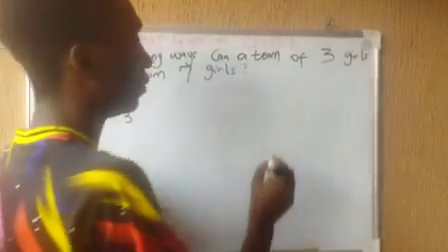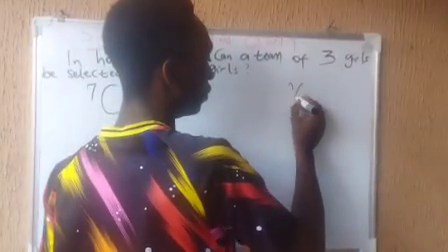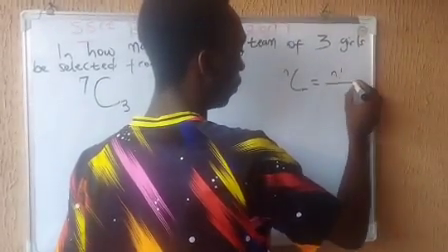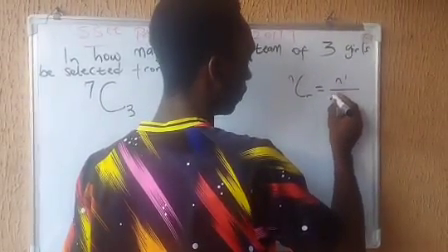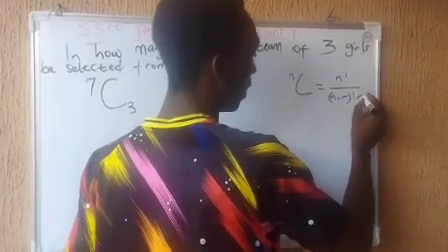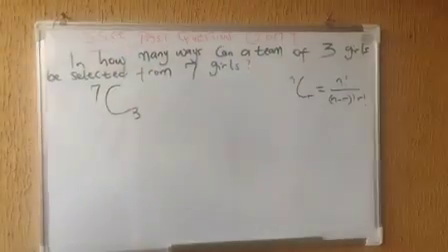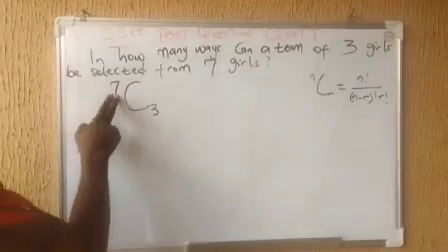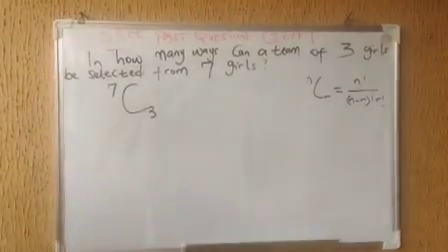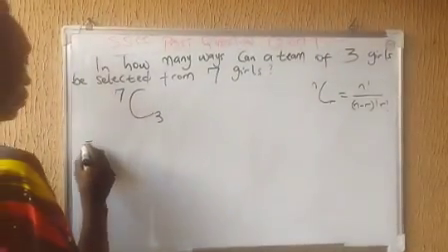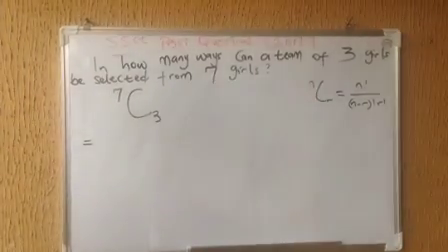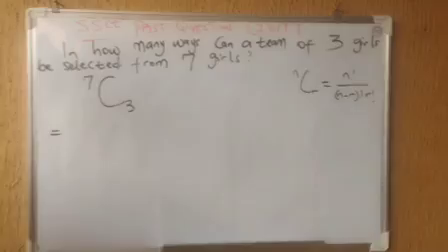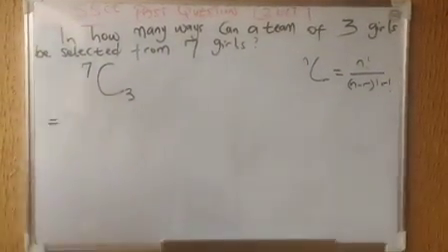Remember the formula here for combination is n combination r is equal to n factorial over n minus r factorial, r factorial. So we're going to use this to apply to this. In our case here, our n is 7 and our r is 3. So let's go. Remember, we are selecting 3 girls from 7 girls. There's no restriction. We can just select anyone. So now